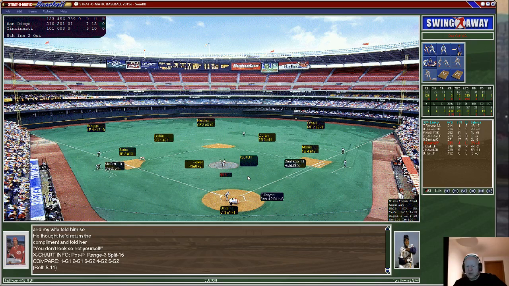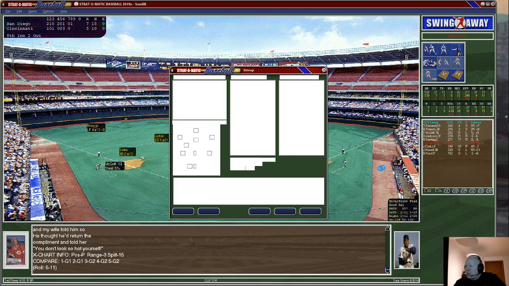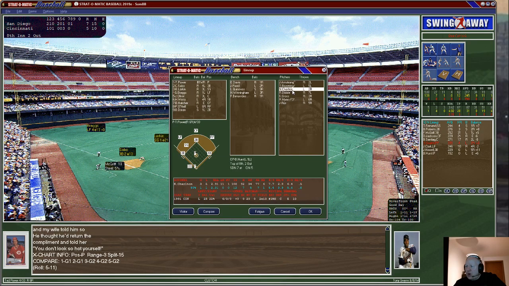And once again, this is a dicey situation for Cincinnati. Gwynn, a very good hitter. And the Reds are going to go back to the bullpen. And this time they are going to bring on Norm Charlton to see if he can have success against the lefty Gwynn and get the Reds out of this inning without any further damage. So this will be the third pitcher of the inning for Cincinnati. Charlton actually started